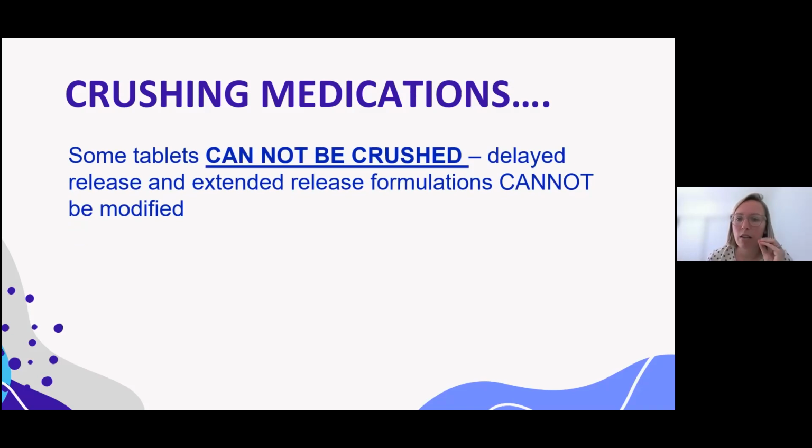The coating on a slow release formulation is there to protect the stomach, and so if we break that through crushing, we're actually then more susceptible to any residue from that tablet causing a really corrosive or caustic interaction with the esophagus and the swallowing pathway. So we can get ulcers, we can get caustic side effects where you actually get burning in the esophagus. So that's one of the reasons not to be crushing